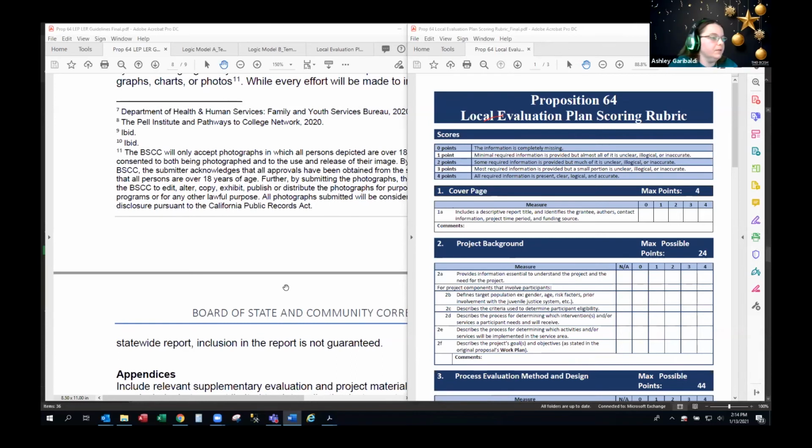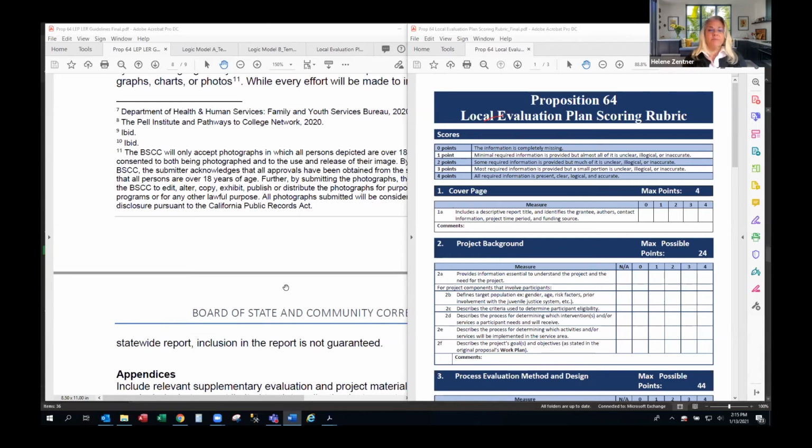Yeah. So it's kind of like, this is how we would grade you, for lack of a better term, but yes, exactly. So then you could, after you've written it, after reading your own work 100 times like I do, you realize, oh yeah, I forgot to talk about this one thing. So you could use that as a tool to say, I forgot to talk about how the services will be implemented to this one population, but I talked about this other population kind of thing. So yes. Okay. Right. And I just want to reiterate that these scores aren't necessarily scores, but they're a way for us to guide the level of where your plan is.